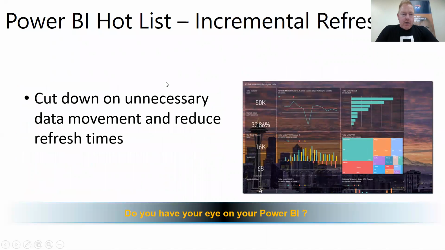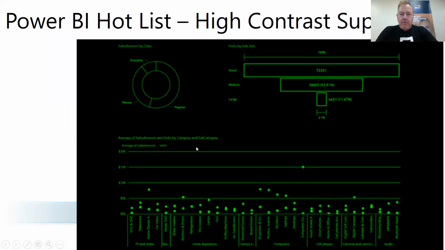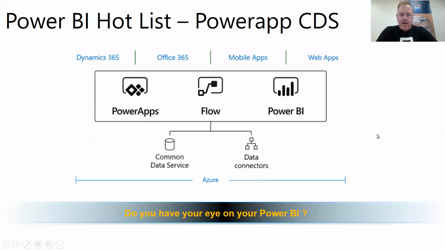And Power BI can do things like move your data, so it can refresh your data incrementally. It can put together some outstanding visuals. This is a high contrast example. So we look at sentiment analysis. You can plot the data on a chart, but you can see that this is a bit of a sci-fi high contrast dashboard. It allows you to do all of that.